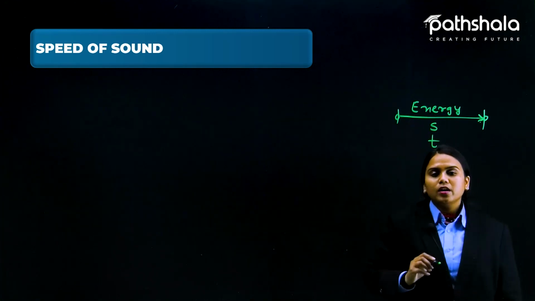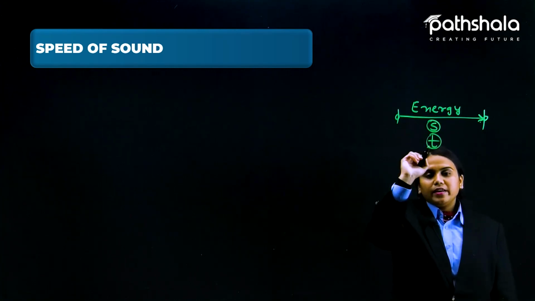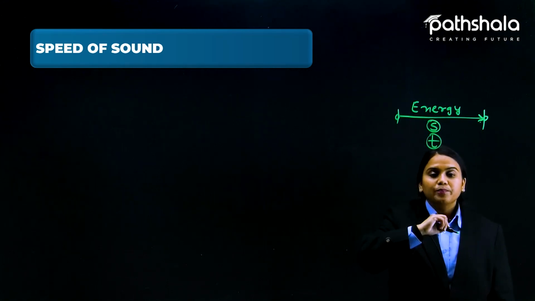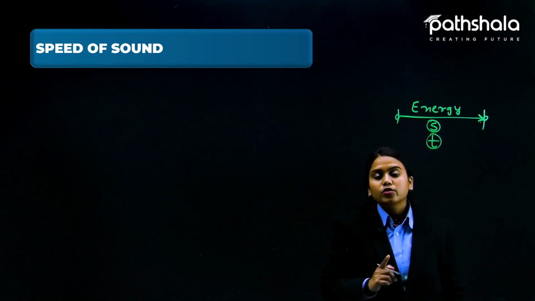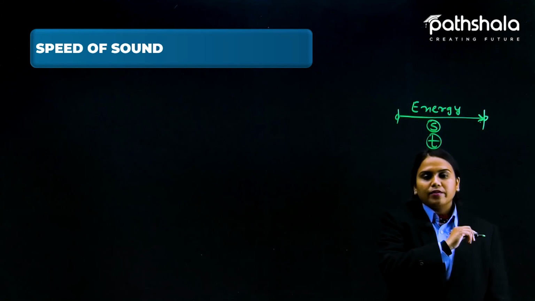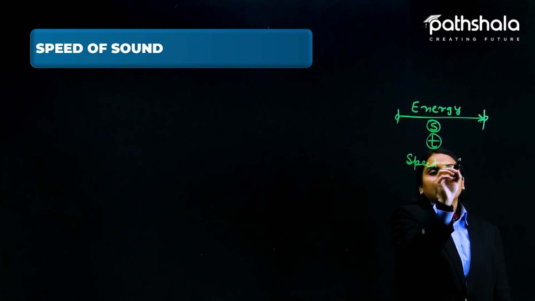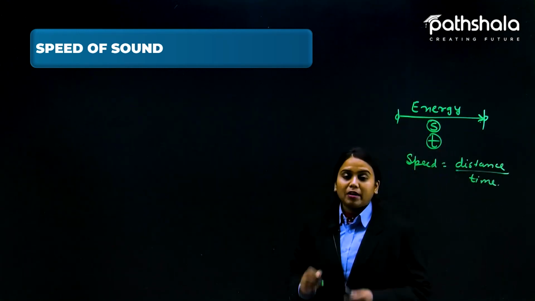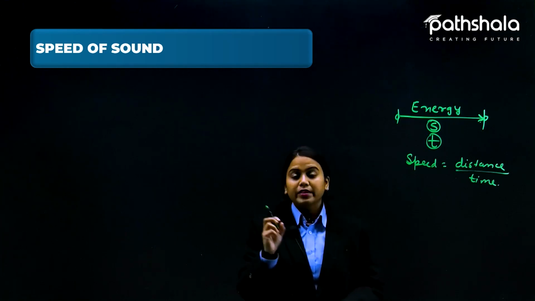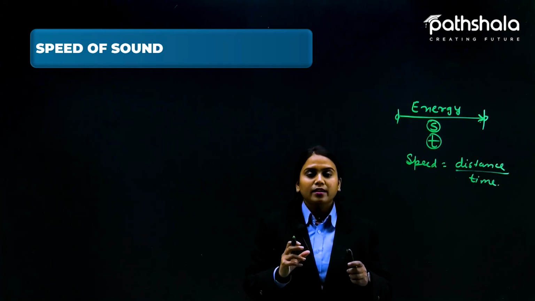So time is also here, and you know that distance and time are involved. Why am I writing s as the distance? Because we have already done in the chapter on motion that distance is denoted with the symbol s. So speed of sound can again be denoted as distance upon time. Now let us see when we compare the speed of sound in different mediums, we do not get the same speed again and again.